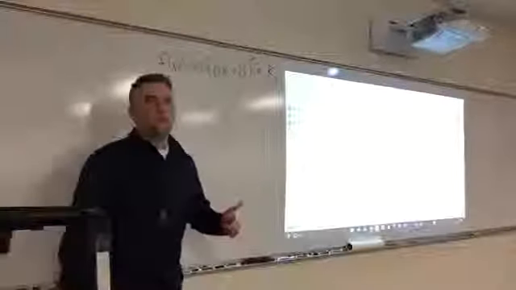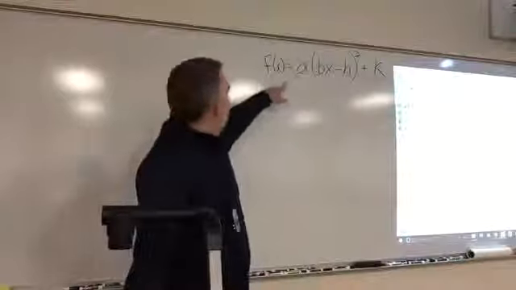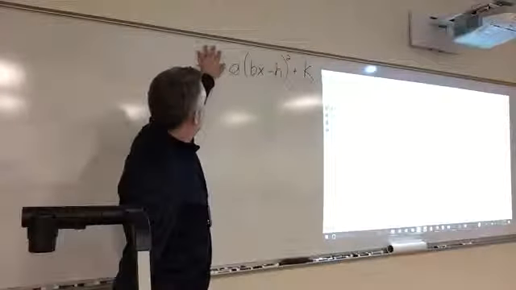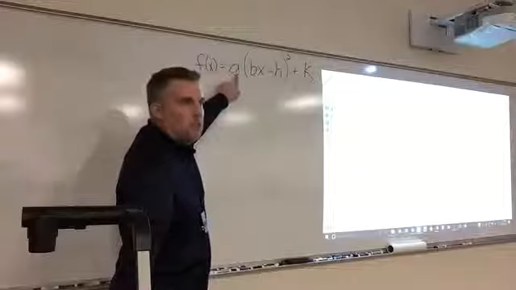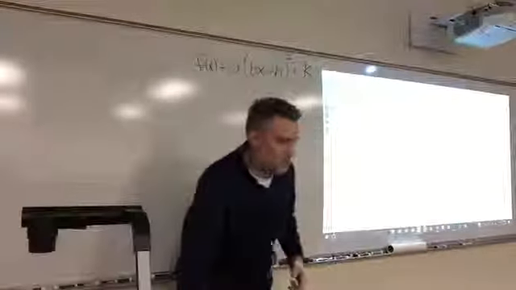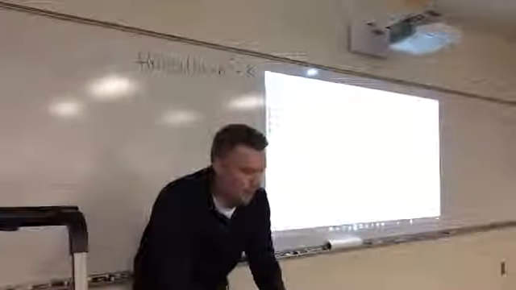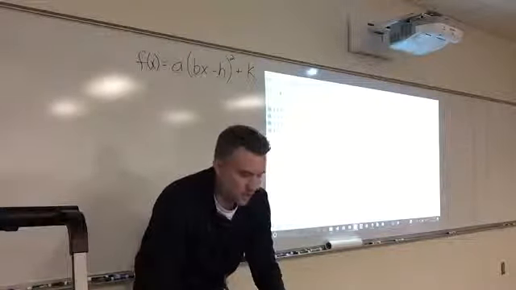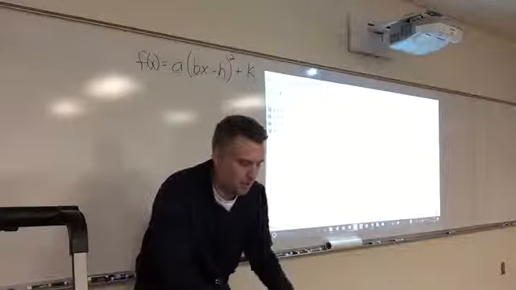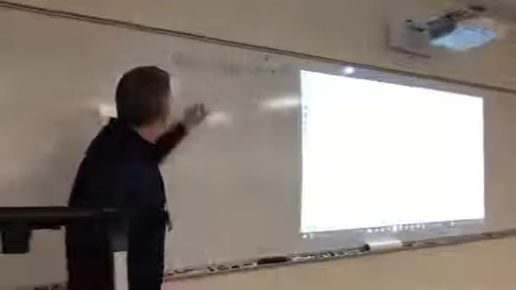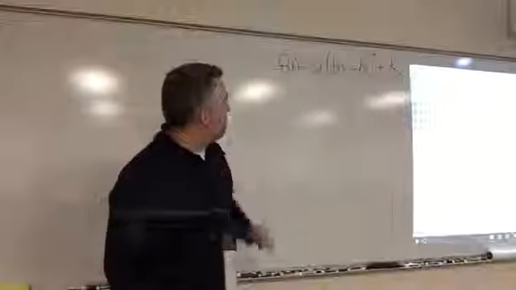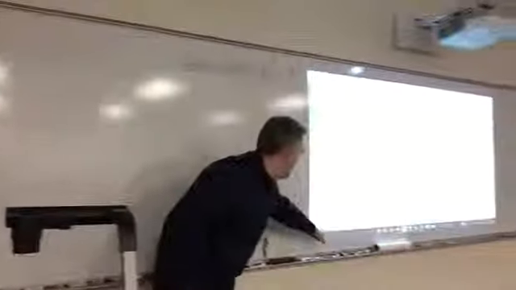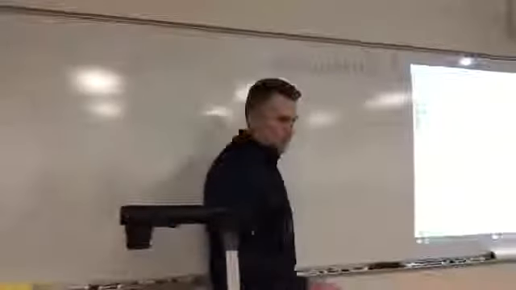Now we want to graph the function f of x that I have up here. You don't have to type in f of x equals. You can just start by typing it in, just like you would graph anything. So I'm going to type down in my input bar a, parentheses, bx minus h, and then on the outside of the parentheses I've got to do caret 2, squared, plus k. A(bx minus h) squared plus k. If you can see my input bar at the very bottom there, I haven't hit enter yet. When I do,